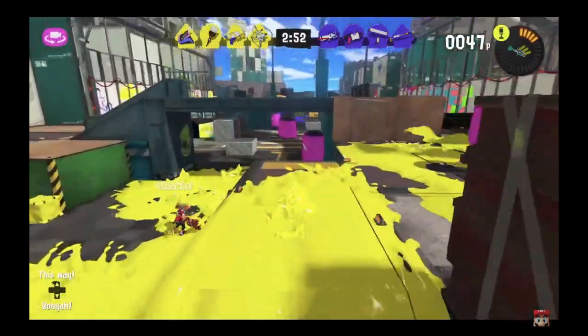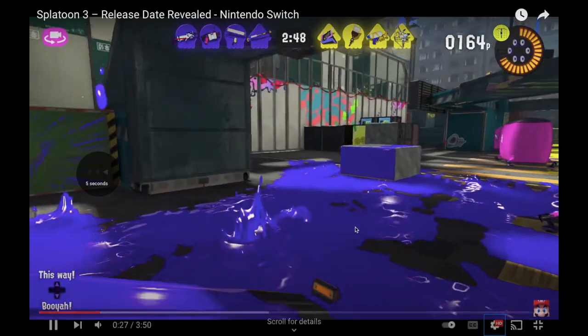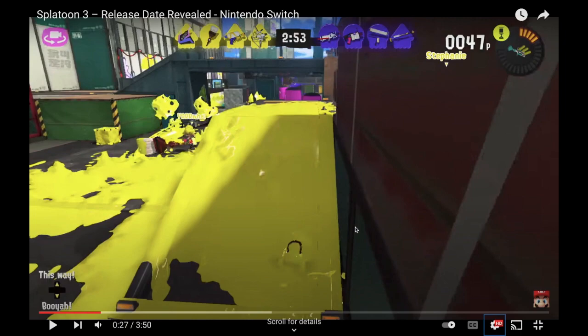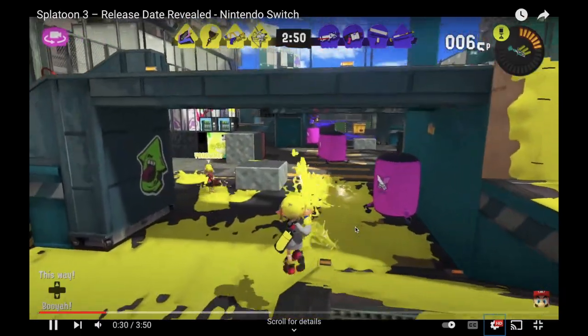So it's just like a Splatter Shot gameplay. Oh wait, actually, let's just look at the kit. So the Splash Shot got Suction Bomb and Trizuka. And Trizuka. Yeah. And then it looks like 52 Gal